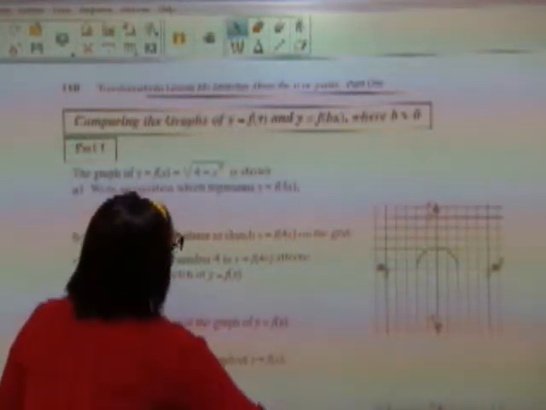Okay, so that's examining what a does to the graph. Now we're going to look at two functions, y equals f of x and y equals f of b times x, where b is a number that's greater than 0. So we start off with the same equation that we had before, 4 minus x squared. It says write an equation which represents f